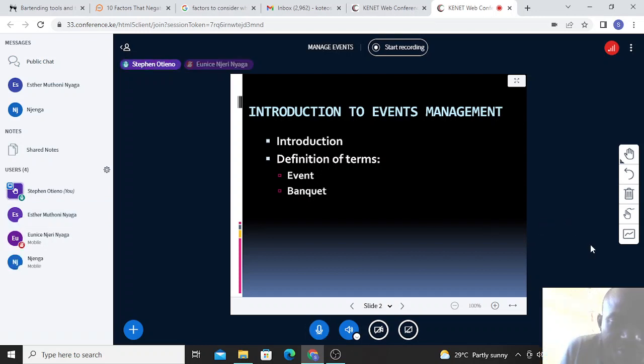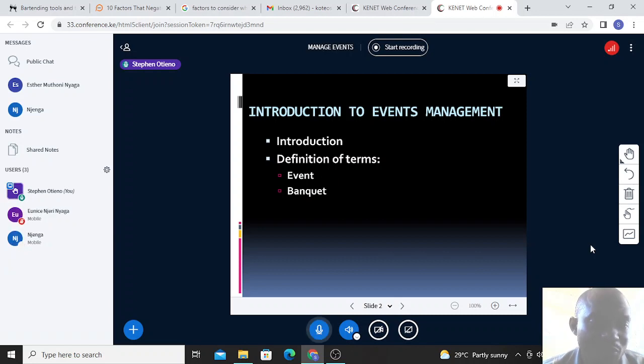Well, the main services provided by hotels are three. One, as you've said, is food. Number two, we have drinks. Number three, of course, we have accommodation. But there is a fourth product that is usually offered by hotels, and that is the functions. Now, our unit is on events management. Event is all about functions. That is to mean that this is one of the core products that is offered by hotels globally. And remember that this service is not only offered by hotels, but we have other hospitality players who specialize only in the provision of function services.